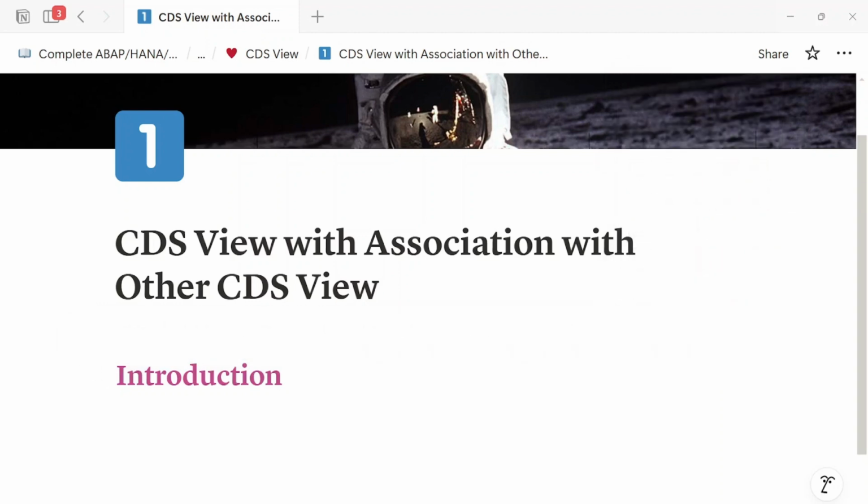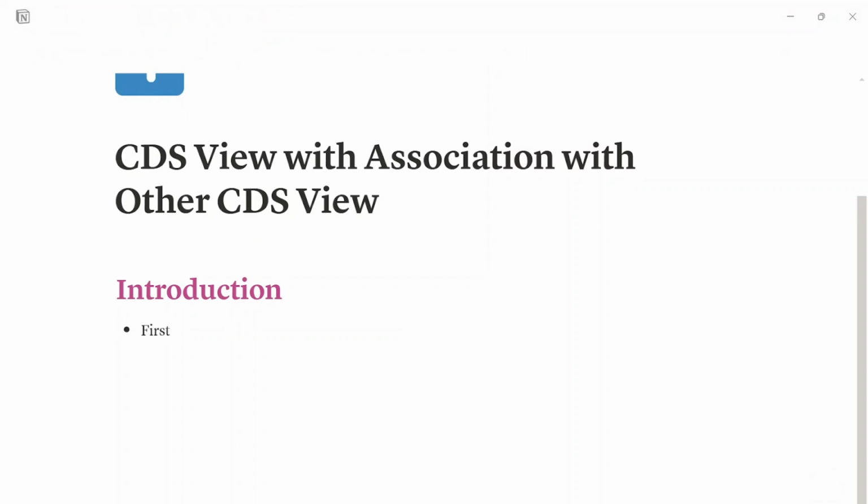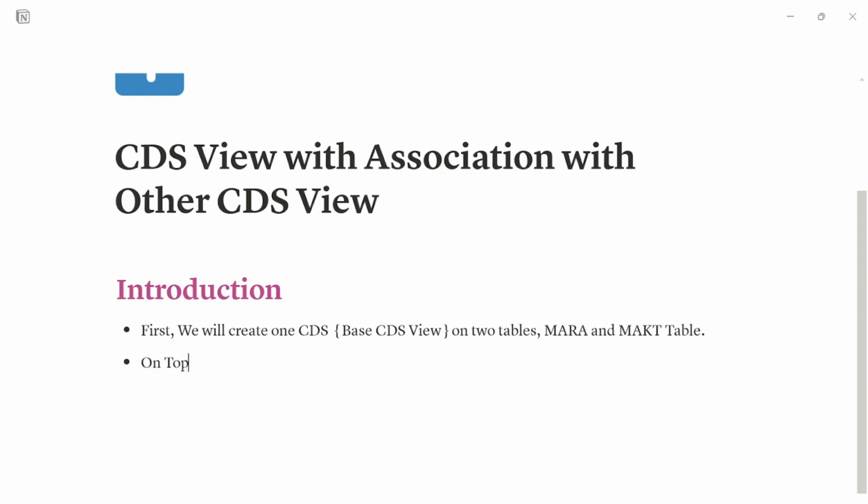So what I am saying here: first we will create one CDS view. I'm going to give the name base CDS view, on two tables, let's say the MARA and MAKT tables. On top of this CDS view, we will create an association with another CDS view